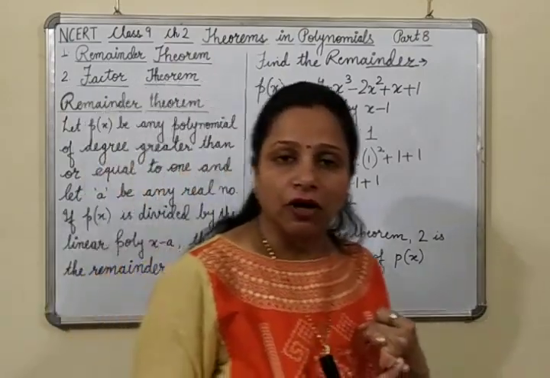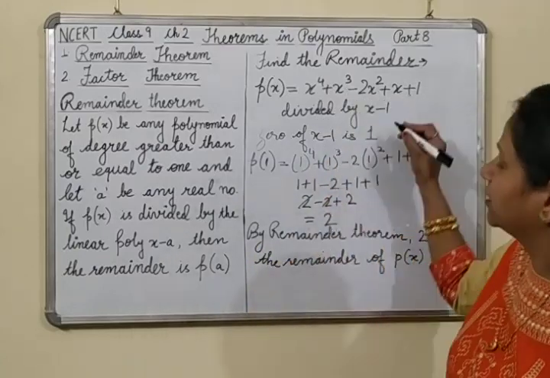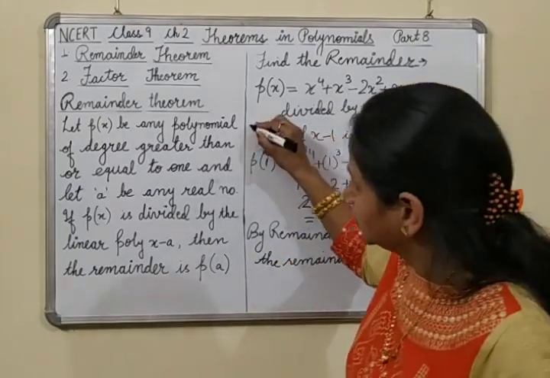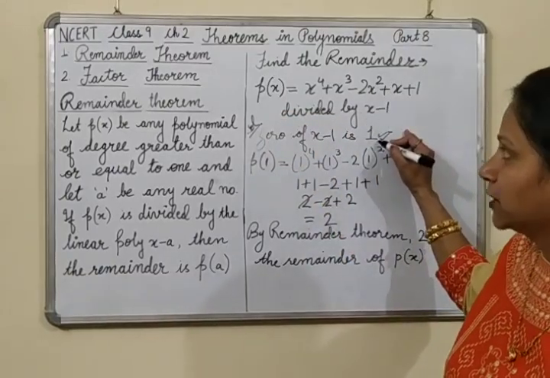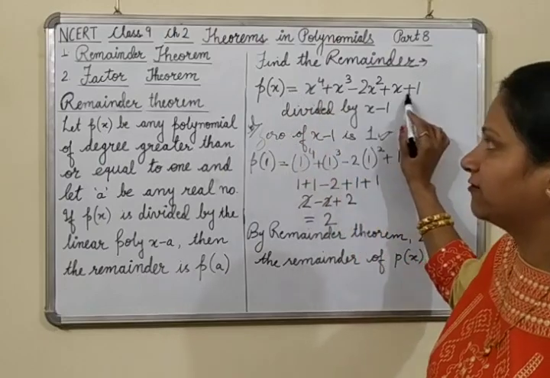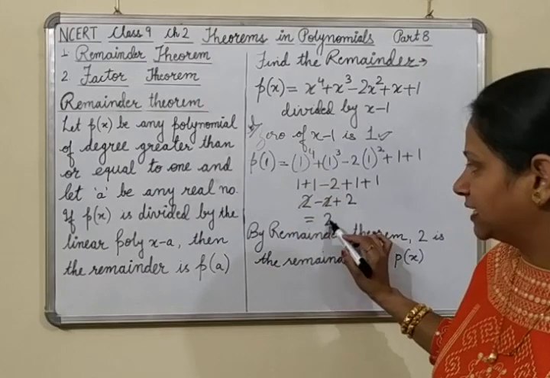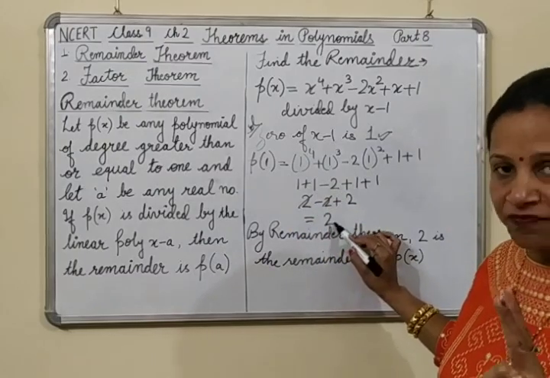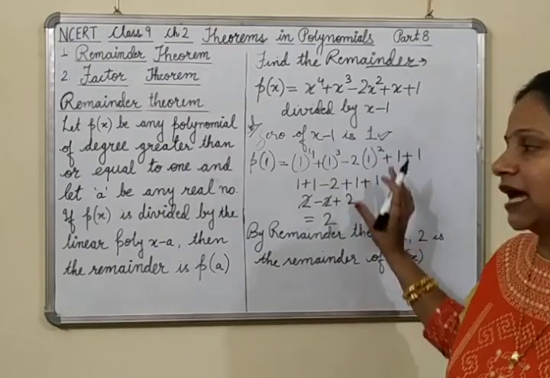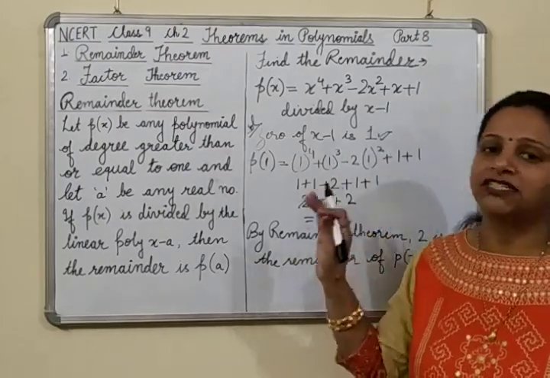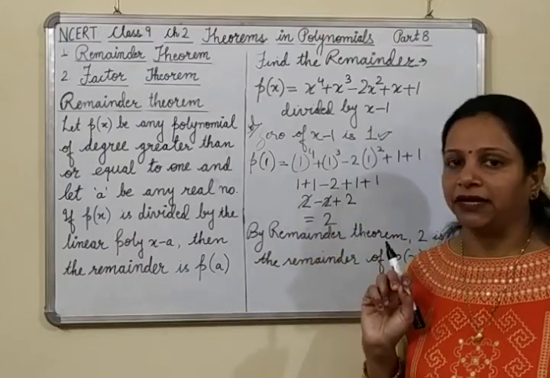With whatever polynomial you have to divide, you have to first find the zero of that divisor, as we have done in this case. This is the solution. The zero of x minus 1 will be 1. So we insert 1 in place of x everywhere. So we will be finding P of 1. After putting P of 1, we see that the answer is 2. That means this 2 is the remainder. We have simply calculated the remainder without dividing the polynomials, because we were asked only to find the remainder.